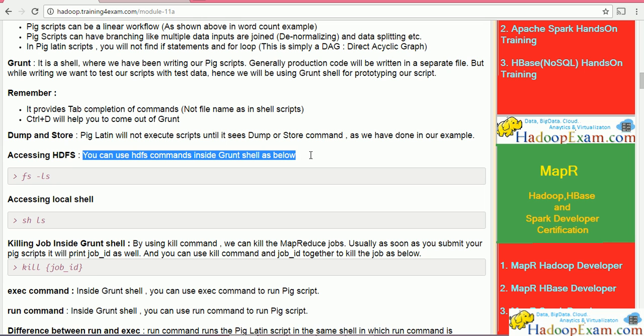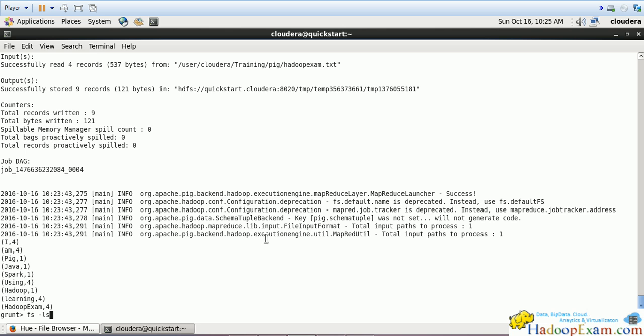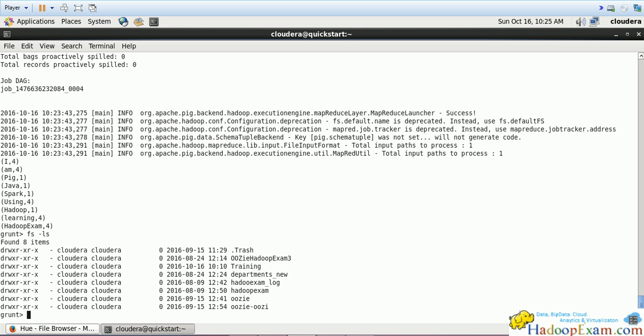Now if you want to access your HDFS path from the Pig script, you can use this command fs minus. fs is the file system to access the HDFS file system. Let's try it, even I have not tried it. So fs minus ls, so you can see how fast it has returned what is in the current path